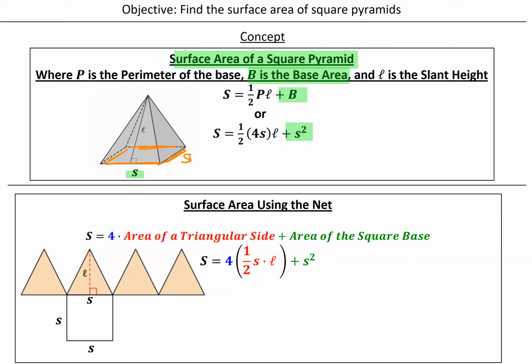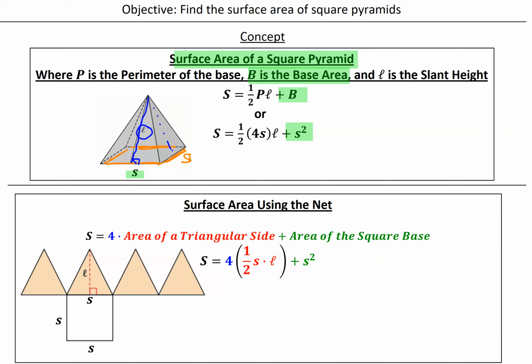And then each one of those triangles would have a height here. But we have to be careful that when we are dealing with a pyramid, which is in 3 dimensions, remember, h represents the height of the pyramid, not the height of the triangular sides. The height of the triangular sides, which runs along the edge, is actually our slant height, which we use L for. So you can calculate the area of one triangle and then multiply by 4,